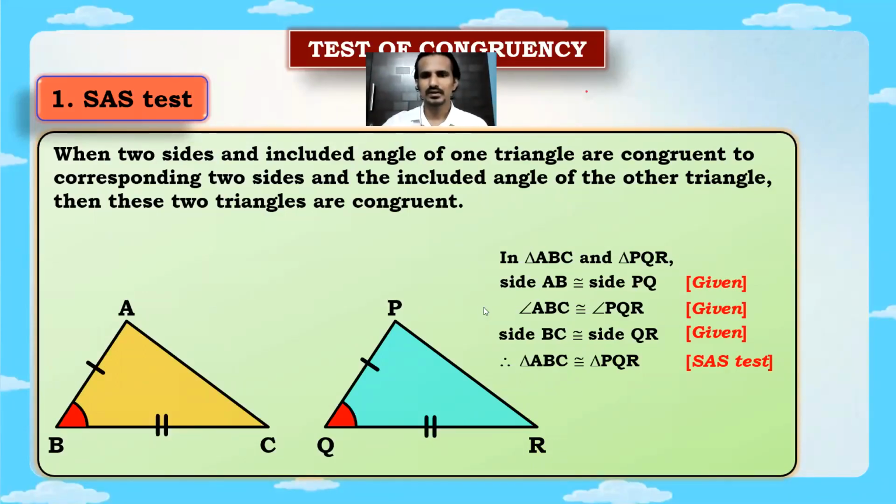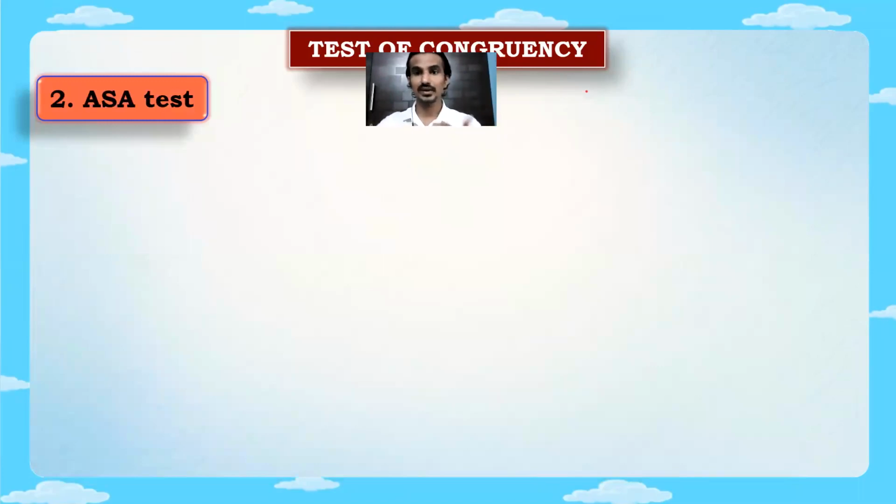So this is how we prove the test of congruency. So what we do is we should always find out the equal parts. Okay, let's take the second test. Okay. So the second test is ASA. Now as SAS was side angle side, now we have ASA. Okay, so I am not explaining this test to you. You have to answer me this now.